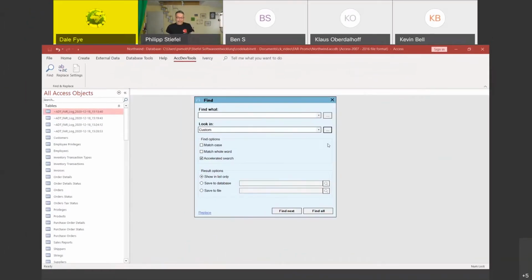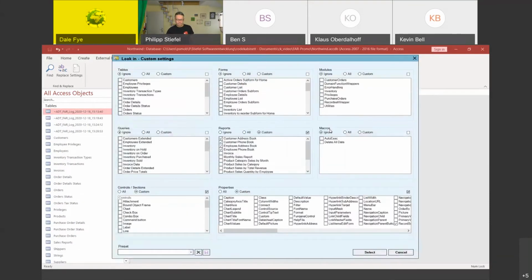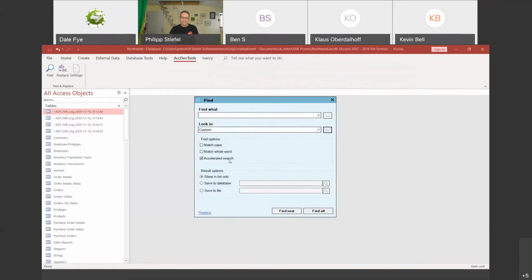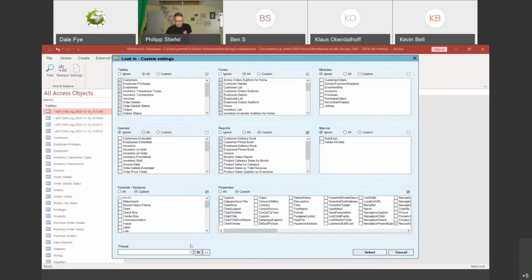So let me make sure I understand that, Philip. So when you go to the custom setup, you can name each custom setup, and then that drop down in the bottom allows you to recall various custom setups. Is that correct? Yes, absolutely, that is correct. You can always go ahead and select something here right away and say select, and it will take these custom settings. But if you are pretty sure you are going to need stuff repeatedly, like this one,